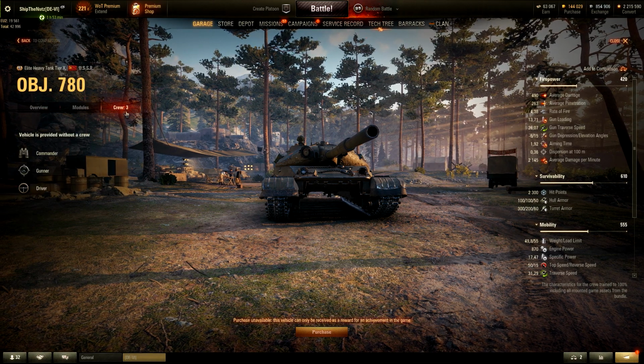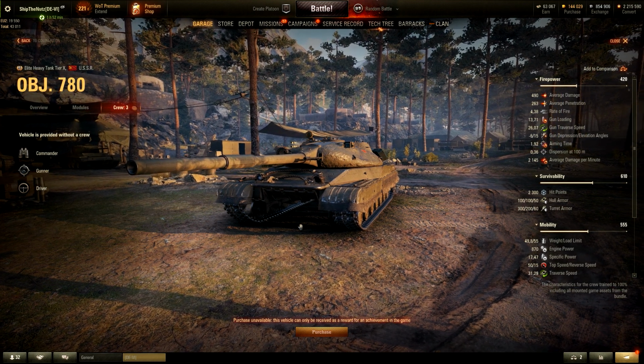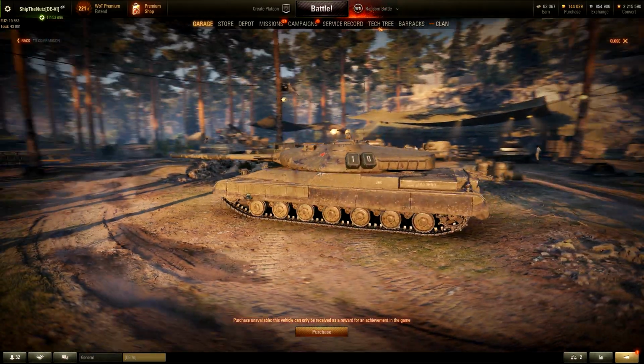It is going to be a special vehicle. Now let's talk about the speculations. I don't know where people get that from, but some people think this might be the vehicle for coins, anniversary coins. Now, I am just going to leave, let's say, 0.1%, 0.01% maybe even, that it may be true, but I am 99% sure it cannot be. Maybe in the best case scenario you're able to rent it for 1,500 coins for a couple days. I don't know. People were thinking this is going to be a special vehicle for update 1.10 because,